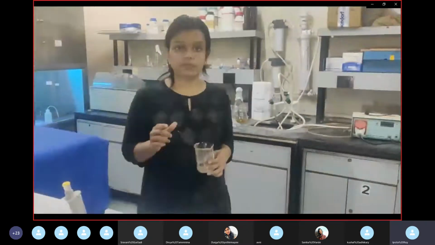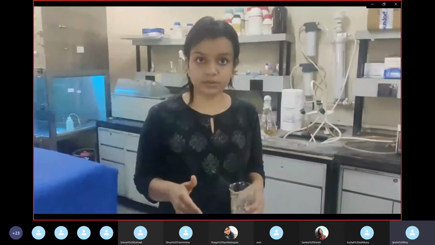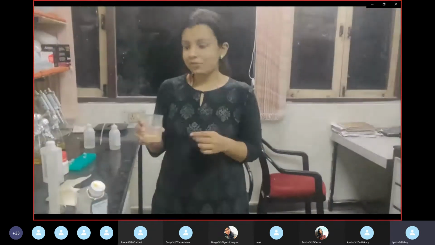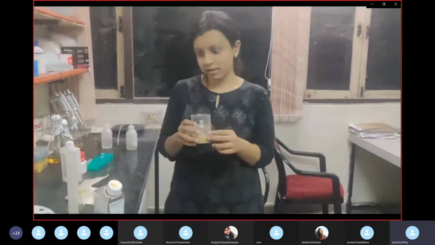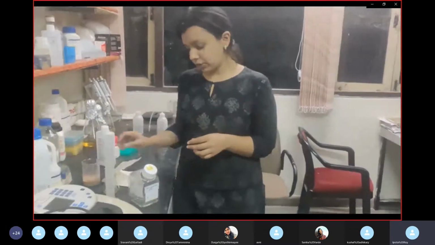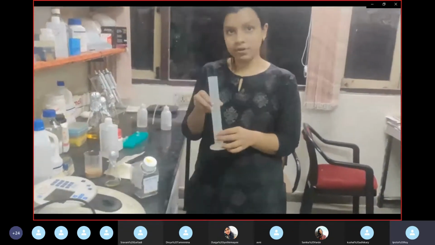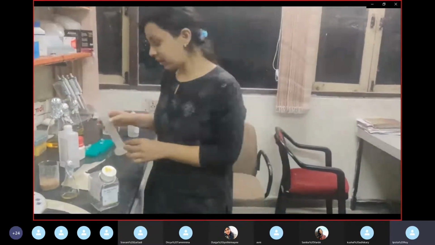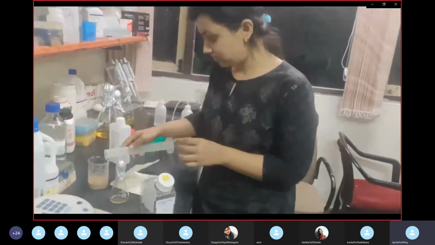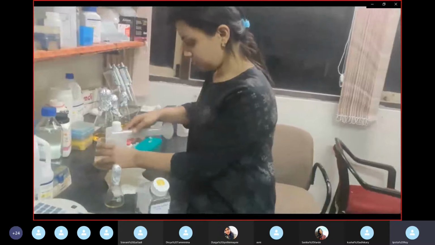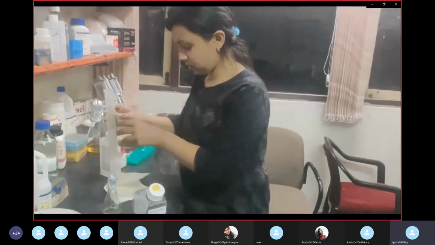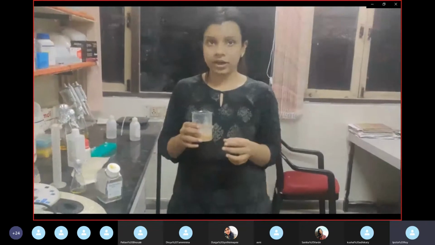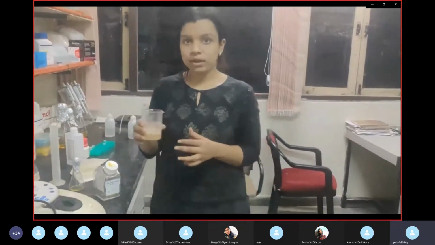We will wait a few minutes till this wheat germ dries completely at room temperature. I have transferred my dried wheat germ in this beaker. Now I have measured 50 ml of acetate buffer in this measuring cylinder. I am adding this acetate buffer to the dried wheat germ. I have added 50 ml of acetate buffer, and now I am keeping it on a